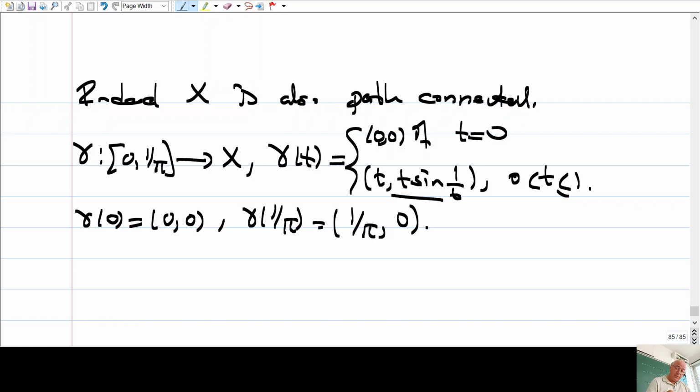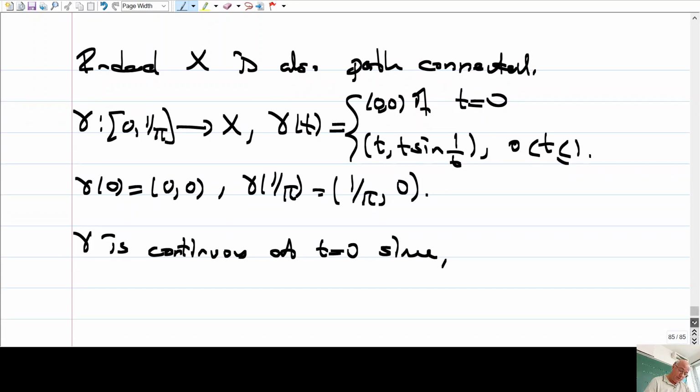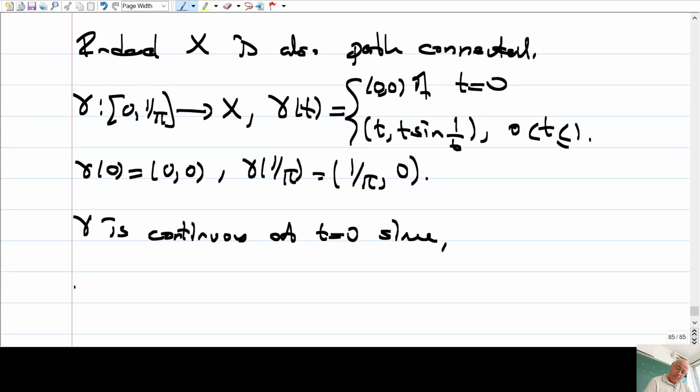This expression is clearly continuous, so all I need to do is show that gamma is continuous at 0, but that's also clear. Gamma is continuous at 0 since what? Gamma 0 is equal to (0,0), and this is the limit as t goes to 0 of gamma t,